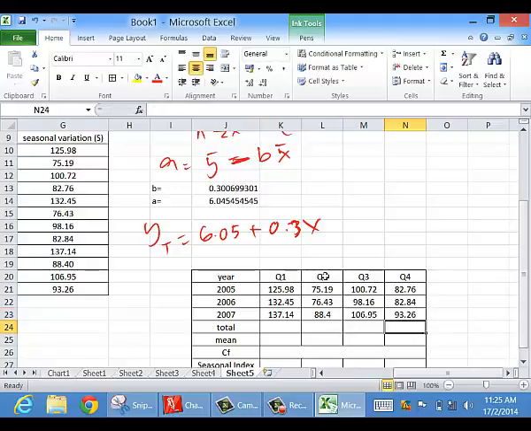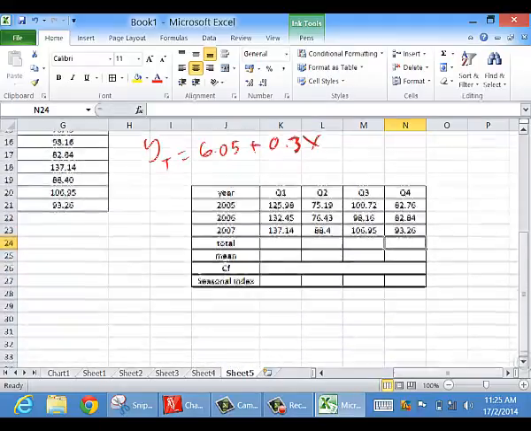So once you sudah dapat, you masukkan dalam table, you tabulatekan dalam table,